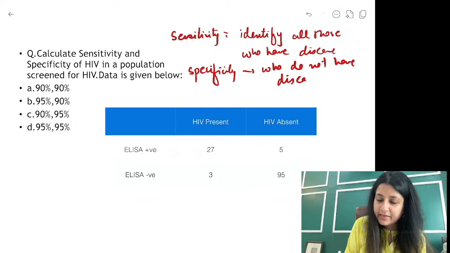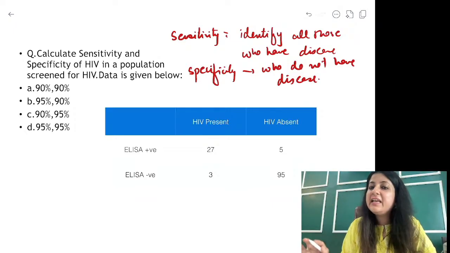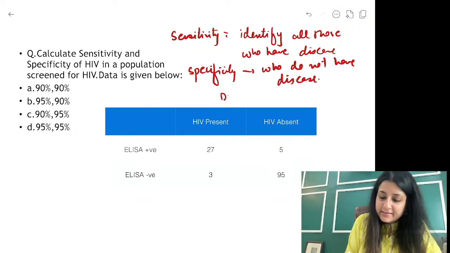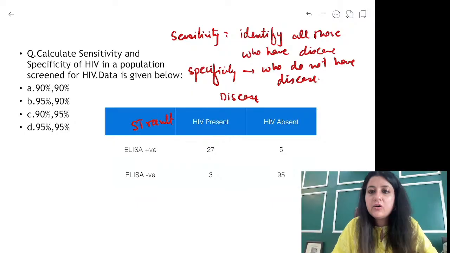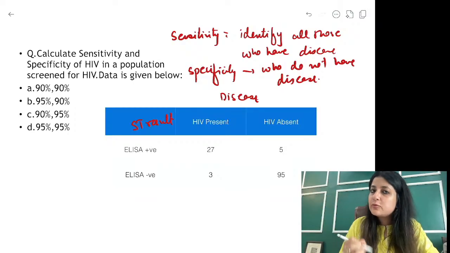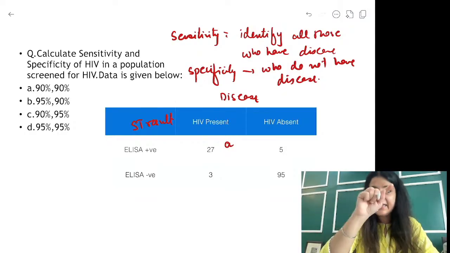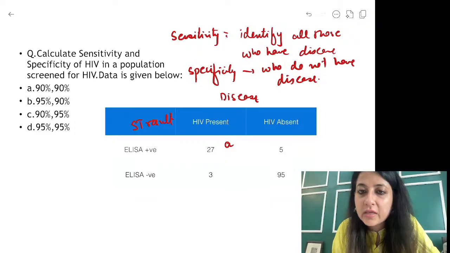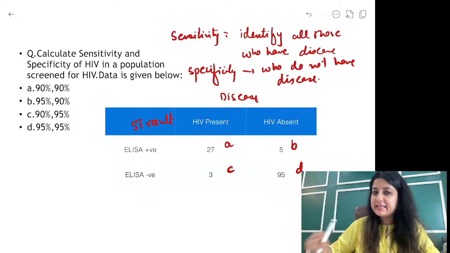Now, whenever you get any numerical, guys, the first rule that you have to follow is the ABCD ka order. Always remember, disease is going to be on the column side and the screening test result will be on the row side. ठीक है, जैसे एपिड में करते थे, disease तुम्हारा column side पे होता था और exposure used to be on the row side. And what is the order of ABCD, guys? All of you draw from your hands right now so that you don't forget. It's a Z. It's a Z like this. Okay, so your order is A, B, C, D. It's never A, C, B, D. That is wrong. ठीक है.